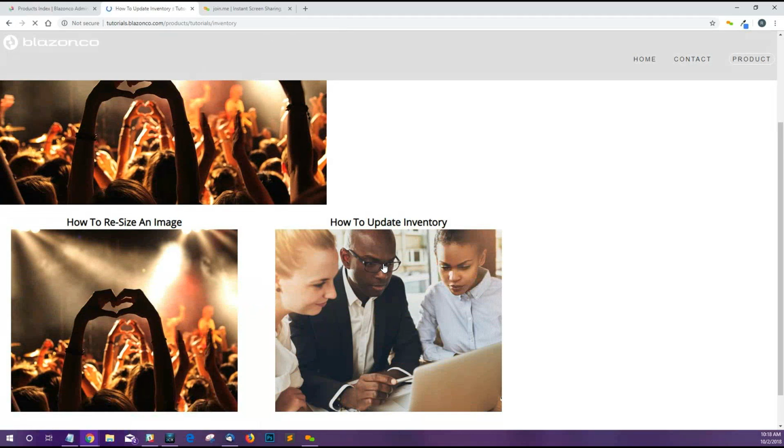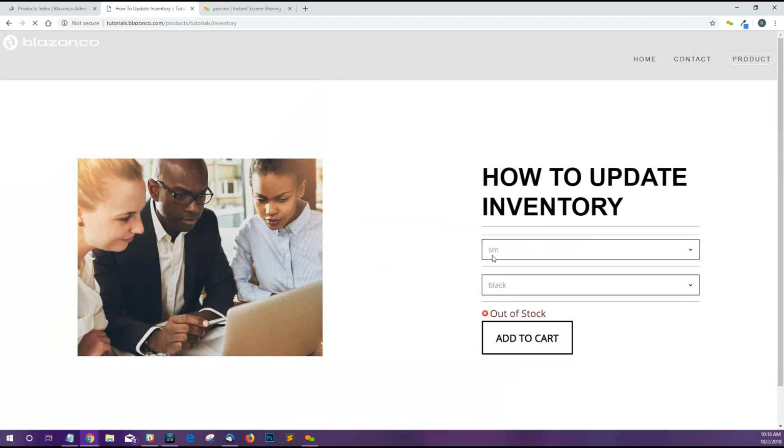That's our catalog of tutorials. And how to update inventory here should come in a couple of different options. I have small, medium, and large. I have black, white, or red. And everything is marked as out of stock because I have turned on my inventory add-on, but I haven't added